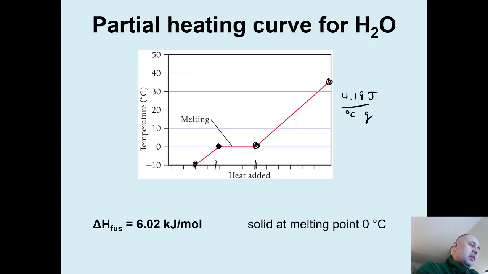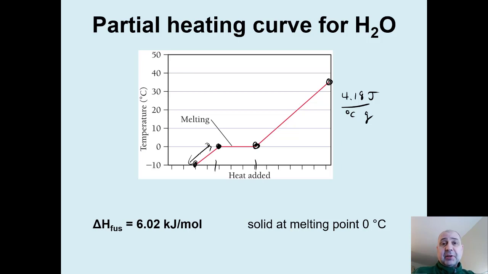I mentioned briefly already, this here is just warming up ice, and so it gets an entirely different value that we need to calculate. The heat of fusion is actually 6.02 kilojoules per mole, compared to the heat of vaporization, which was 40.7 kilojoules per mole. Of course, quite a bit different. All right, so let's look at all the different